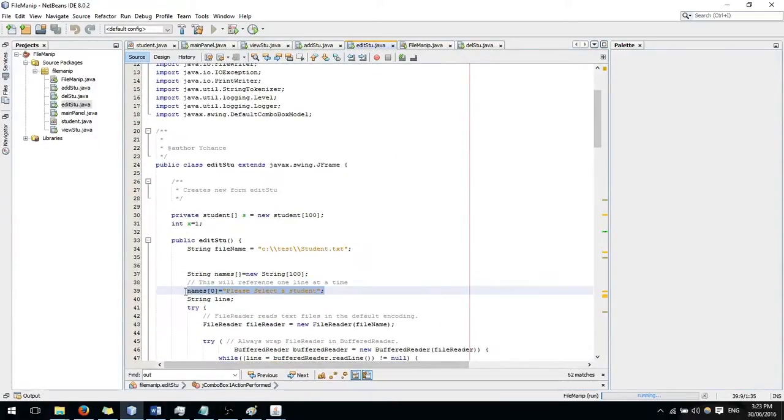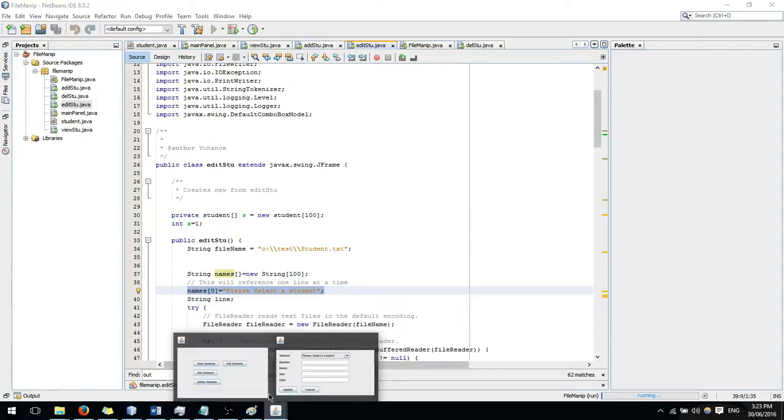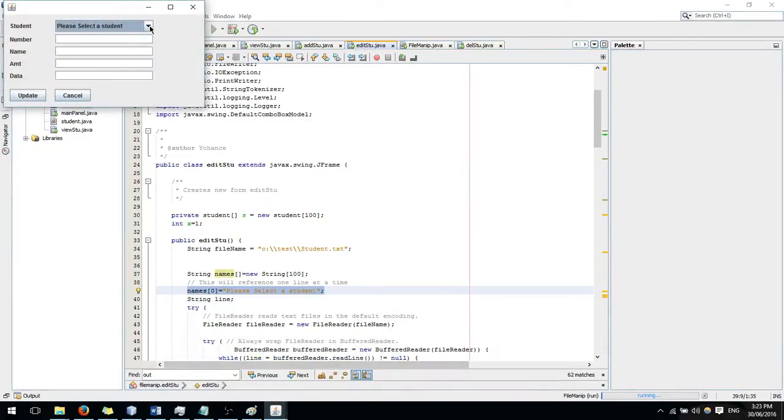The name at position 0 is please select a student. And when I click on my box and I change the position, this one is the 0, 1, 2, 3, 4. So this is the 5th one down, which is at position 4 in my names array,